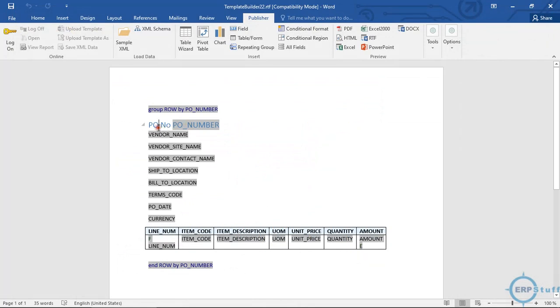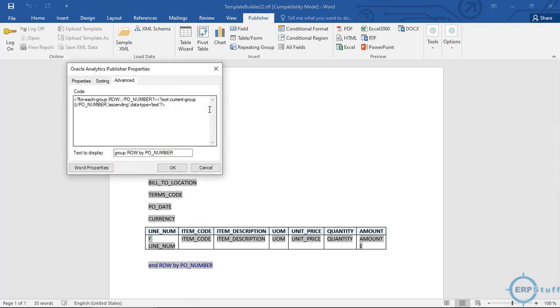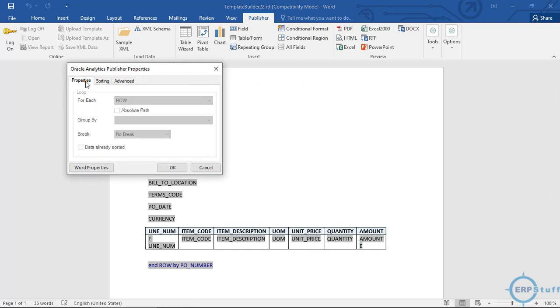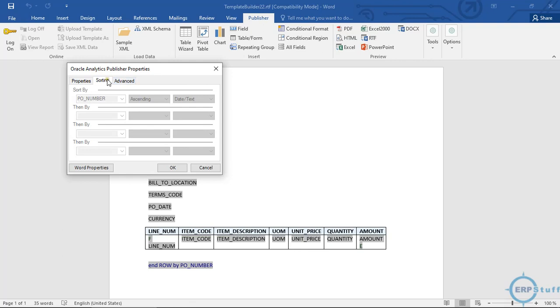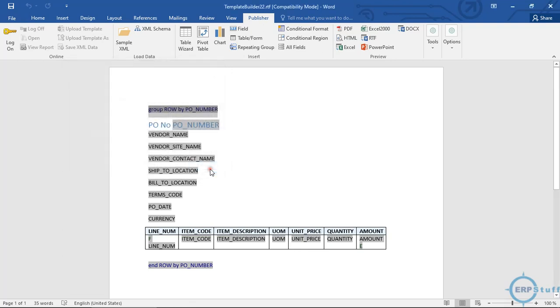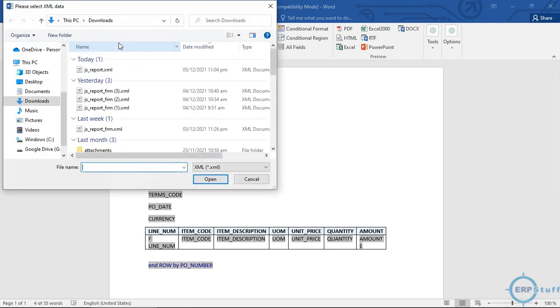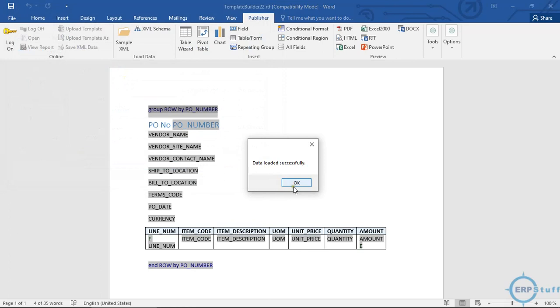This is my PO number. Current group, PO number, data, and properties. See, it is not into that. This is not that report data. Maybe it was downloaded somewhere else. This is not that one.